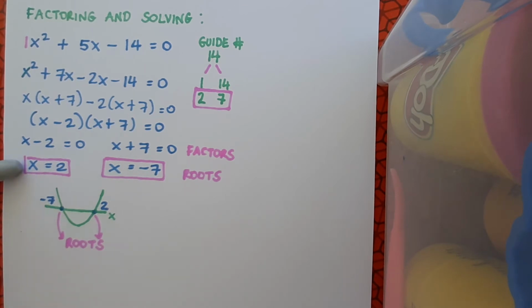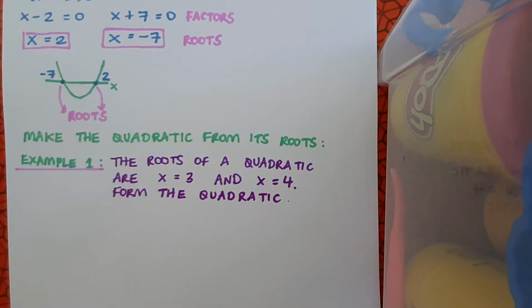Now, we may be given the roots in written form like this. So we might be told the roots are 2 and minus 7. Or they might say the roots are x equals 2 and x equals minus 7. Or they may give us a diagram, in which case we look for the numbers where the quadratic or the parabola cuts through the x-axis, because those are the roots. Okay, so let's look at an example. So my example is the roots of a quadratic are x equals 3 and x equals 4,